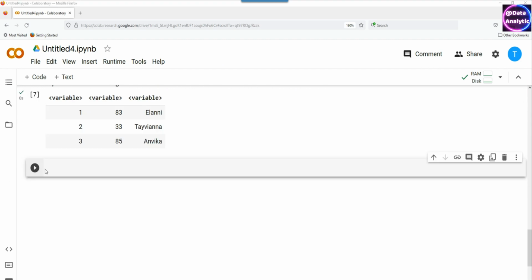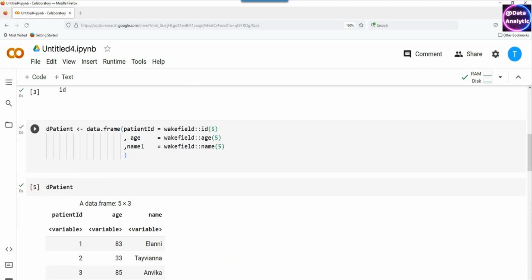But before we reach the semi-join, let's try to do an inner join. So inner join is where both the records from both the tables are matching based on a particular key. So this is the syntax. I'm saying dplyr inner join. So what is our first data set? So the first data set is dpatient and the second data frame is dbilling. So this is